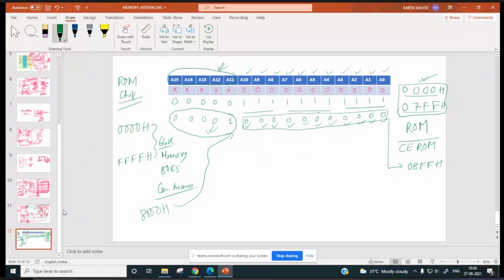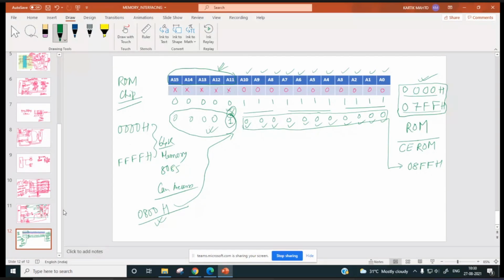Now, if you make this one 1, then it is 0800H. If the processor is sending 0800H, it is not reading data from 0800H. Why? Because this address pin is not being used.